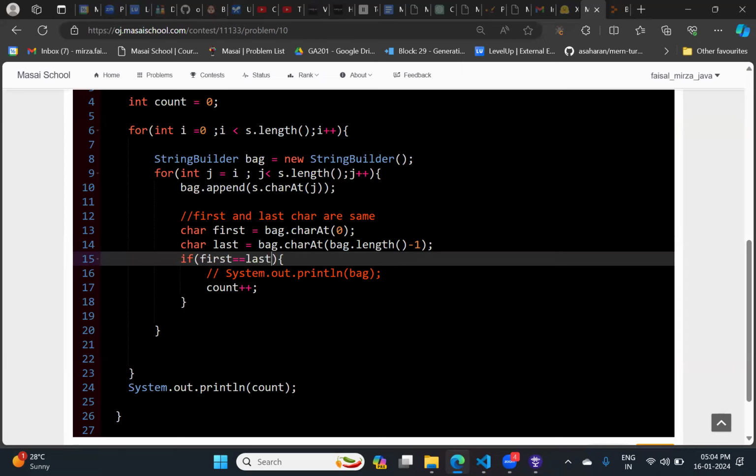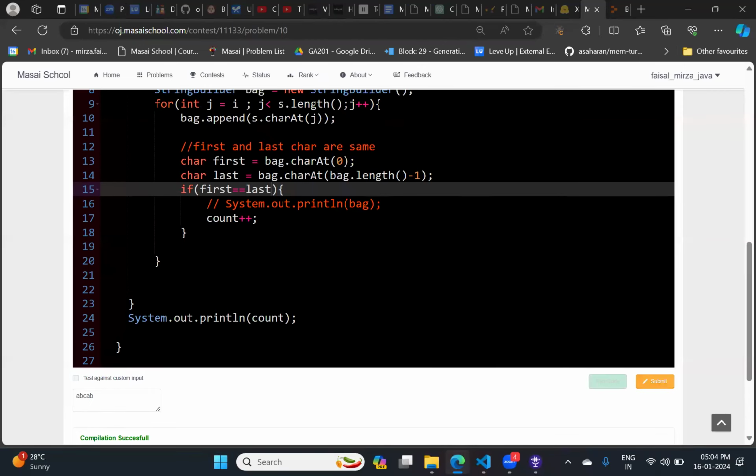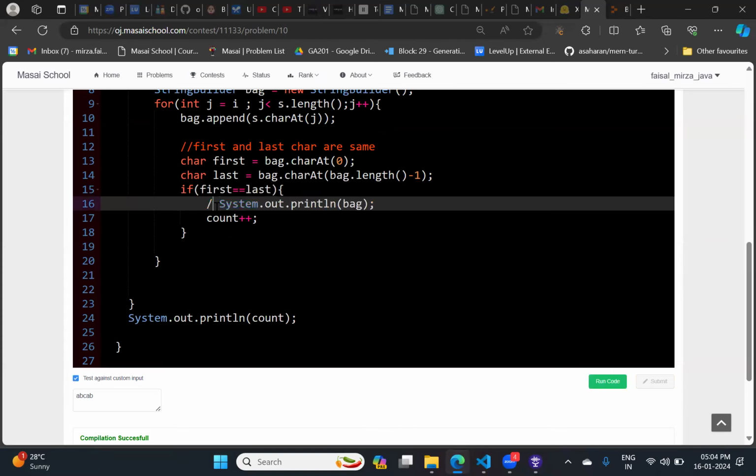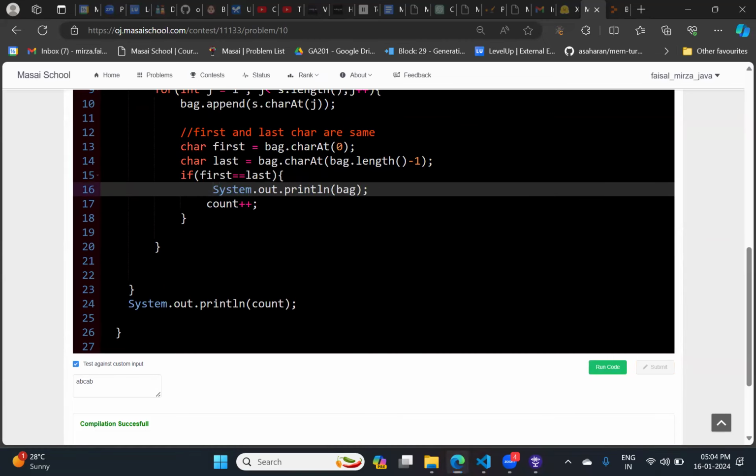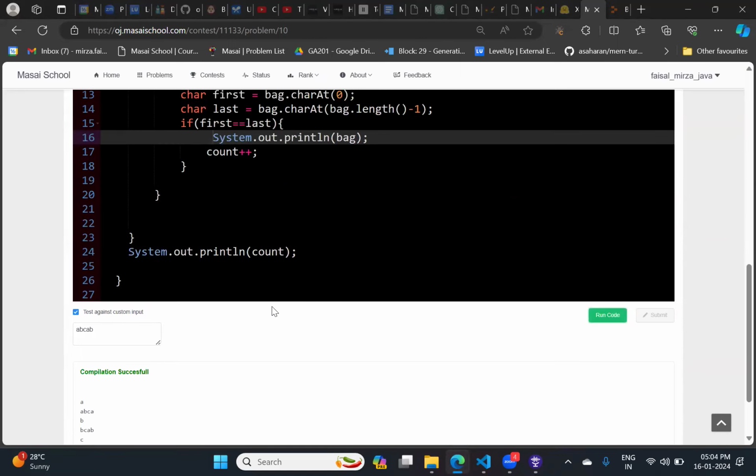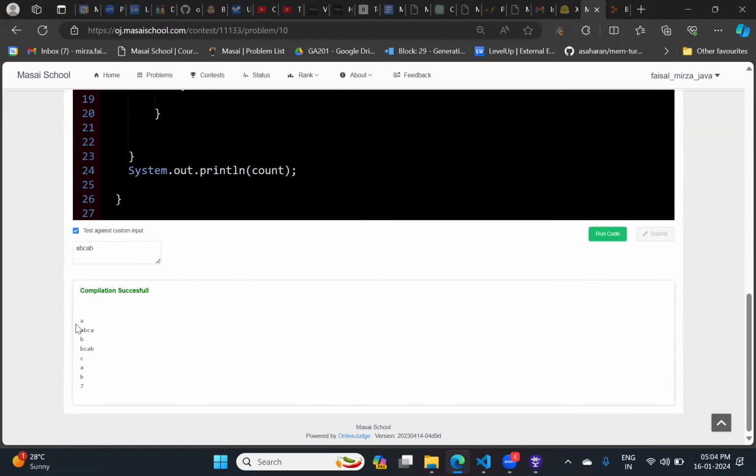Basically, it checks whether first and last are equal or not. See the output. Let me print it again and you will understand. We will try to change the problem statement for our understanding. Are you able to see all the substrings whose start and end characters are the same?